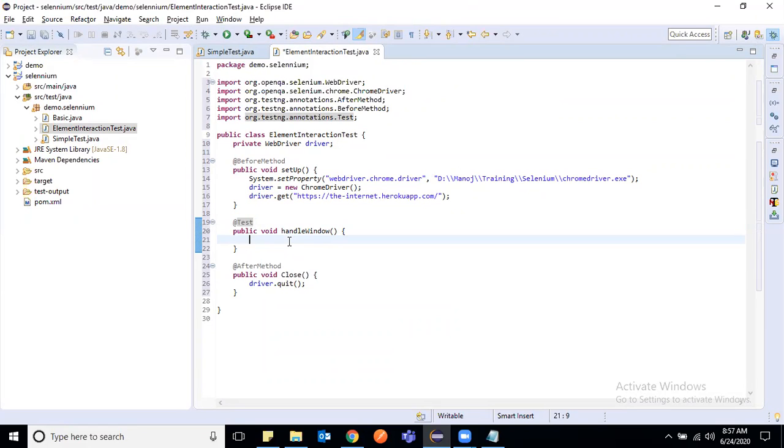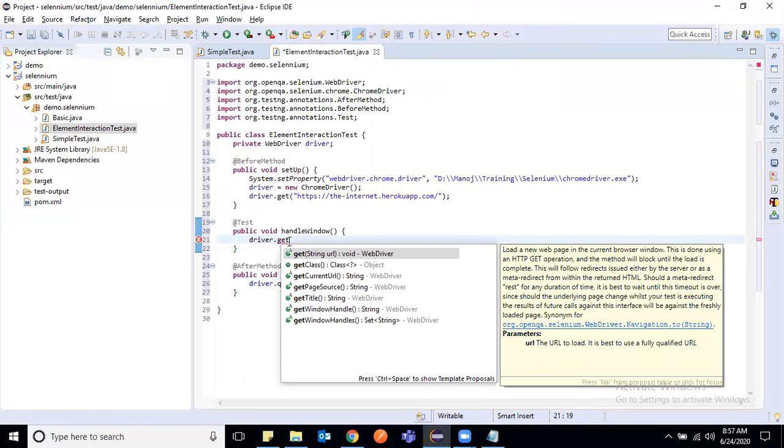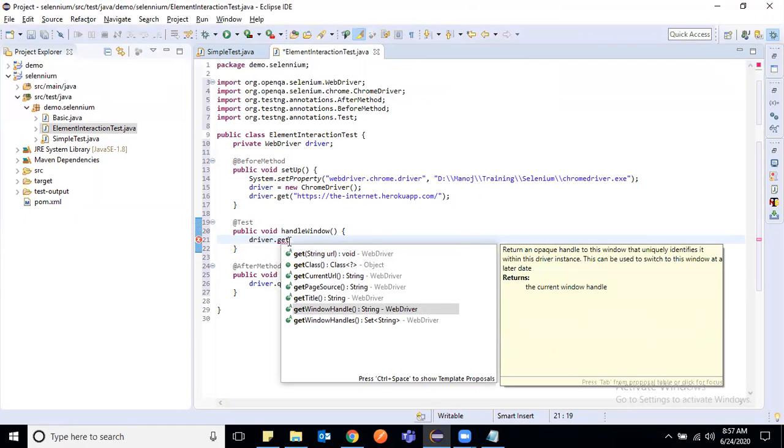Yes, of course. If you click driver dot and get, you see here there is getWindowHandle. And what it returns, if you see the description here, uniquely identifies the window within this driver instance, what we were talking about earlier. So this will return a string, which is a unique ID.